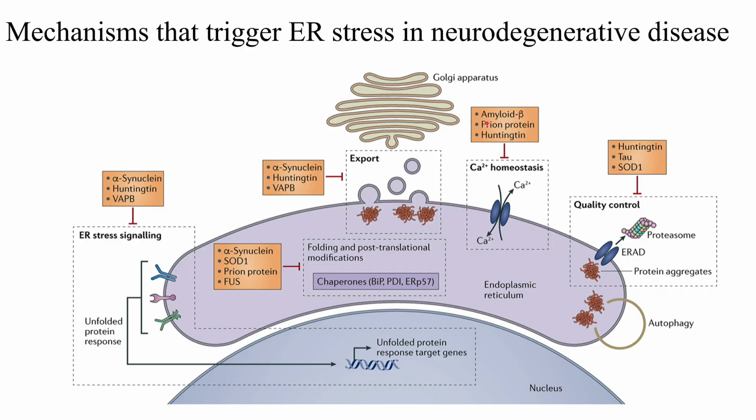It is found that amyloid beta, prion and Huntington impact calcium homeostasis. So far, the role of alpha synuclein in calcium homeostasis is not found, but amyloid beta can impact calcium homeostasis, and it majorly increases the calcium load in the neurons. In the same way, it is found that Huntington, tau protein and SOD1 influence the ERAD